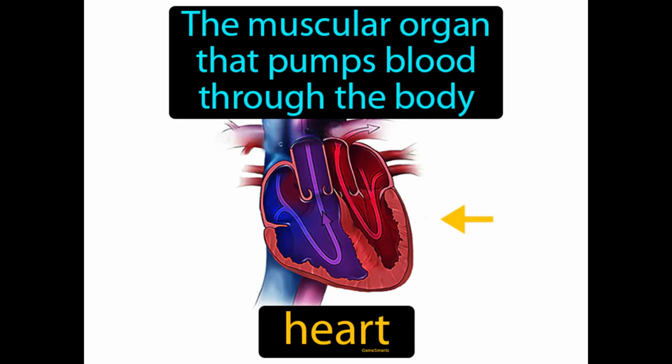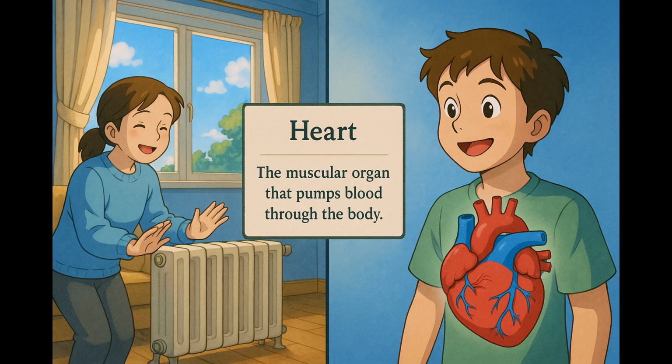The muscular organ that pumps blood through the body. Heart. The heart is a powerful muscle that circulates blood, providing oxygen and nutrients to all parts of the body. Imagine trying to keep all the rooms in your house warm during a chilly winter day. Just as your home's central heating system works tirelessly to distribute warm air to every corner of your house, the